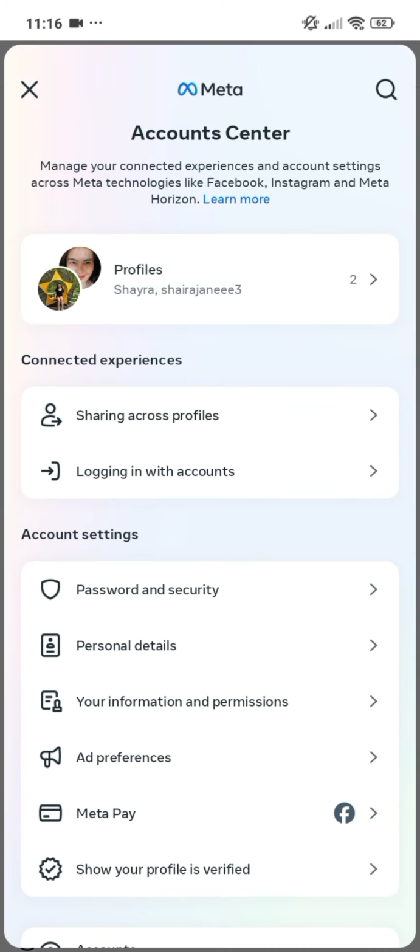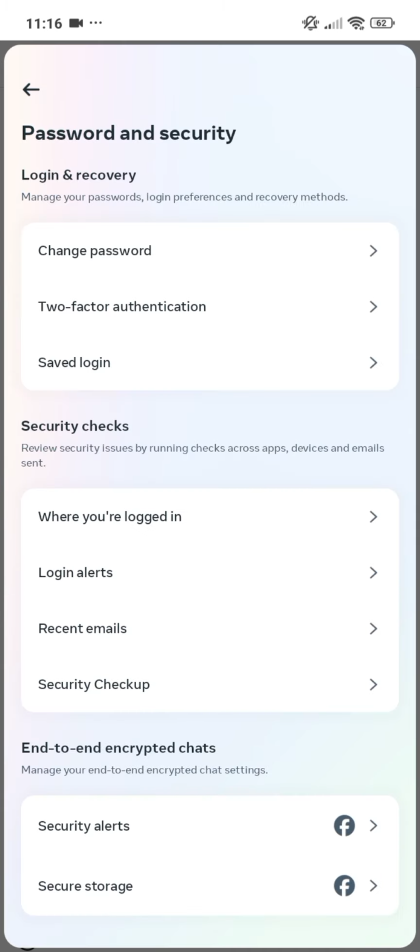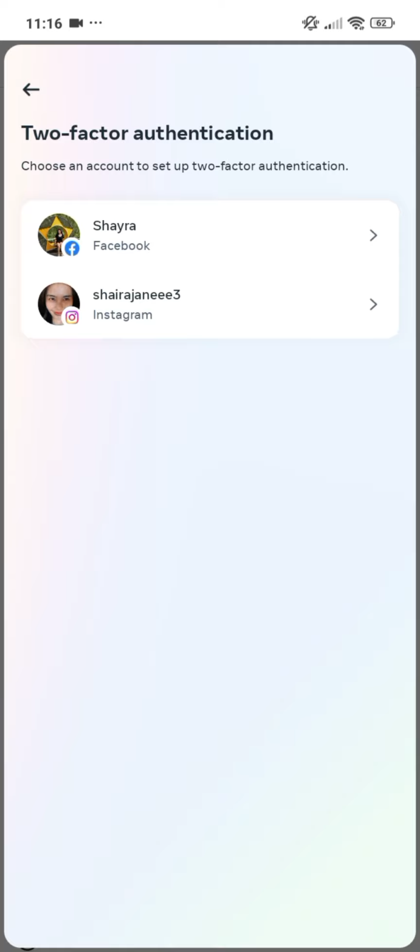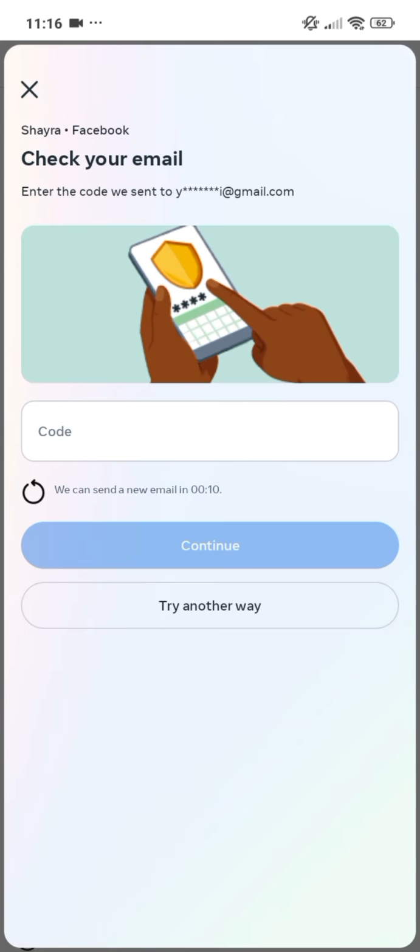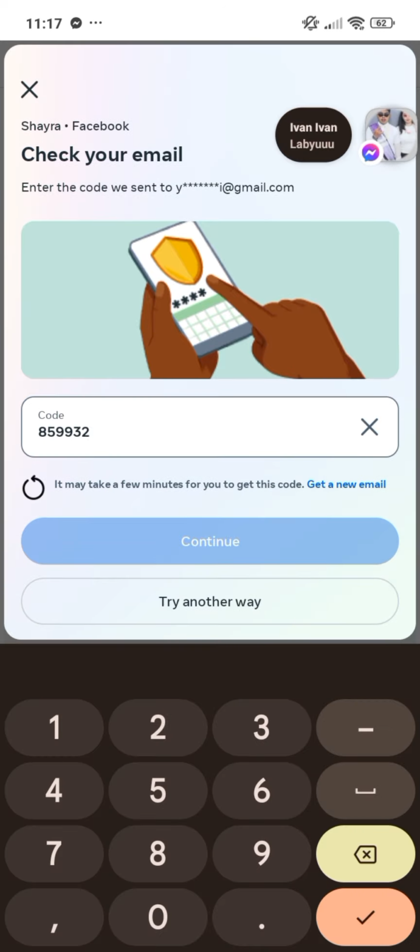And here, go ahead and head over to password and security. Now go ahead and click on two-factor authentication. Now select your Facebook account, and in here what you'll need to do is to confirm that you're doing this action over to your email and copy the security code sent to you by Facebook to be able to continue